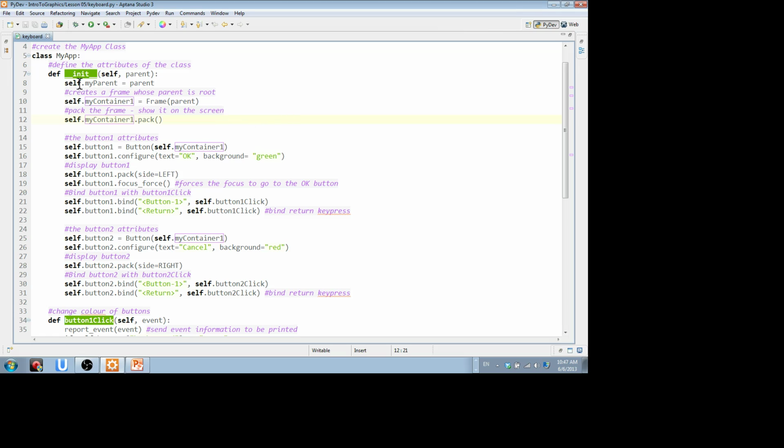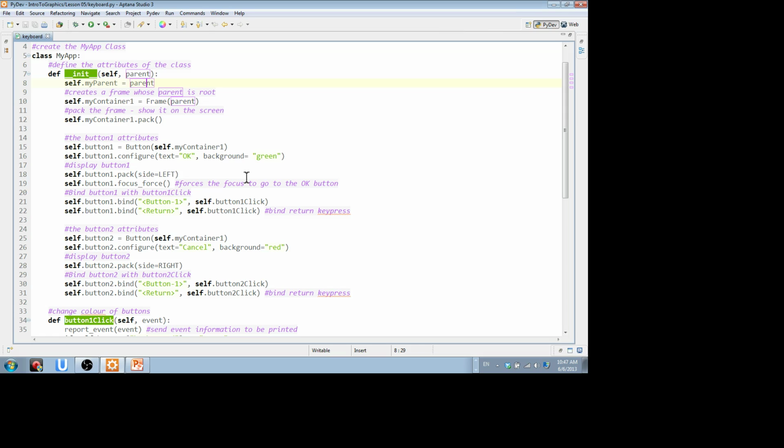Self says this class's my parent property is equal to the parent variable that's passed into the constructor. In this particular case, the parent would be the parent container. That's what I'm doing. So I'm passing the parent container into